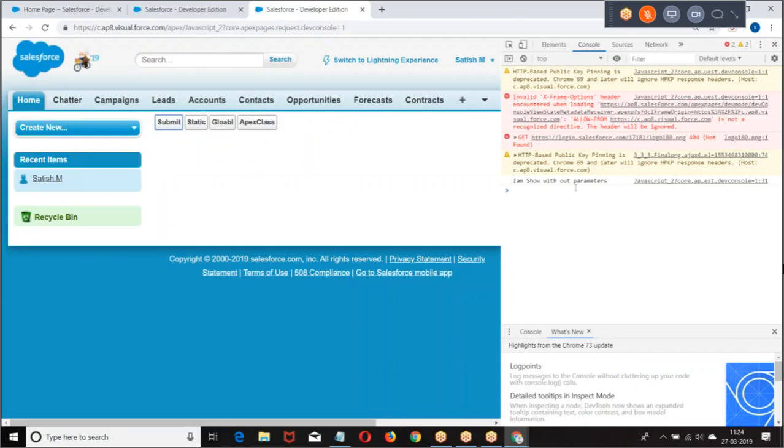I am sure with why? On complete is the final action, so the data from the previous action is not lost. I am sure with a parameter. Call me with the name Satish. Call me with the name global data Satish. Apex class, call me with Ravi Mohan. So we are testing it. Console.log is what? Testing.